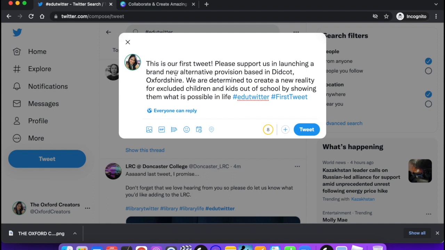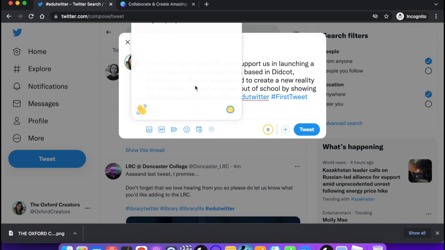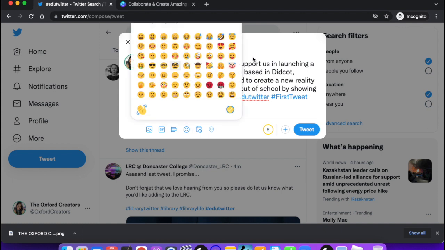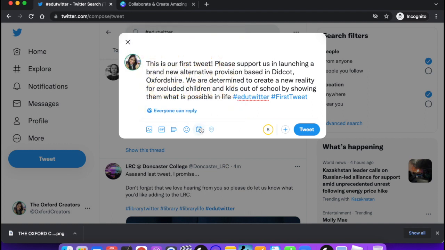So there we go. Okay, I can also add a picture to this tweet as well if I want. That will gain a lot more attention. If I connect a picture to this, you can also add a GIF, polls, and emojis to this as well. And what I love is, let me click off that for a second. I love this feature